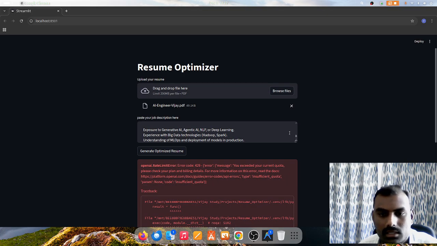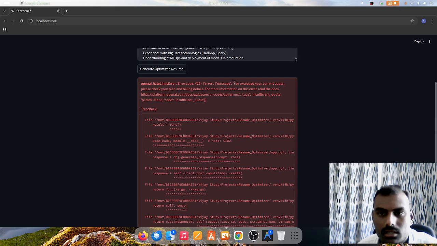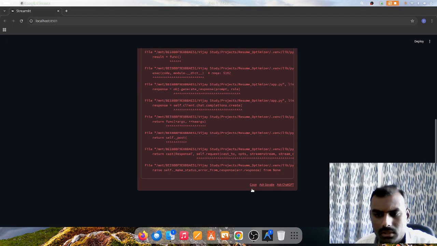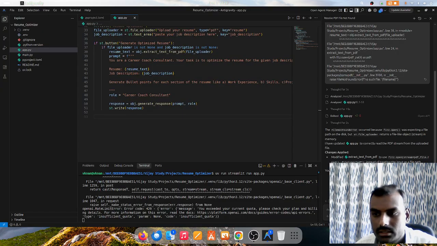Still there is another error. Here you see that you have exceeded the current quota. This means it is not allowing the user to use the model as it is a paid model. I will use some alternative model from Gemini. So I will copy this error and give it to the agent,